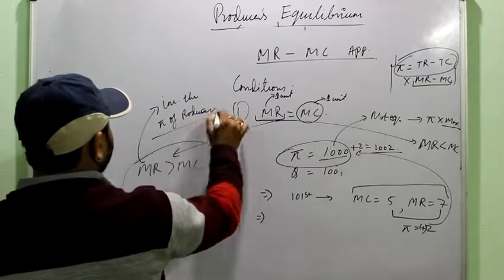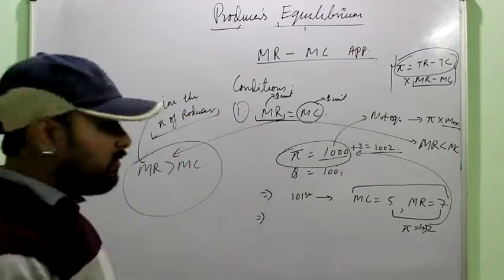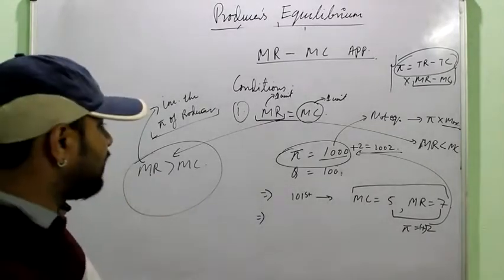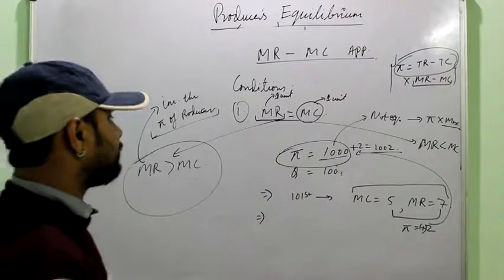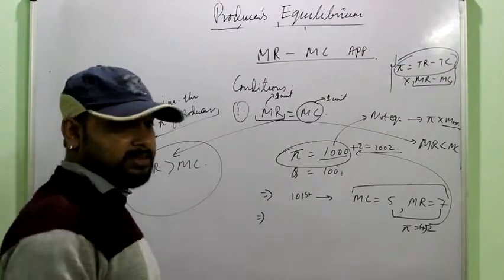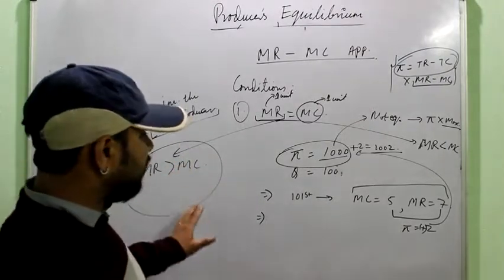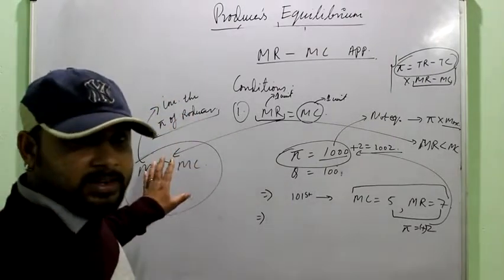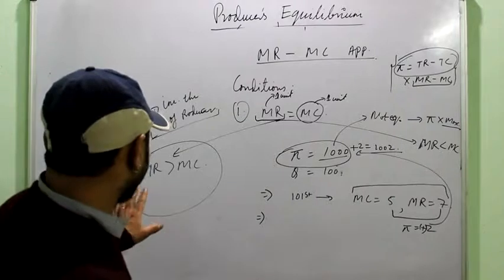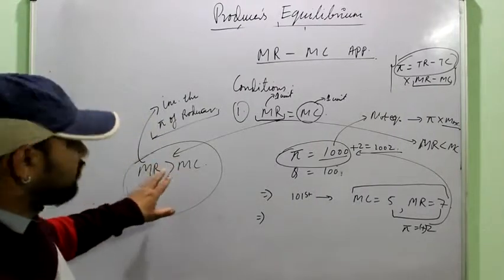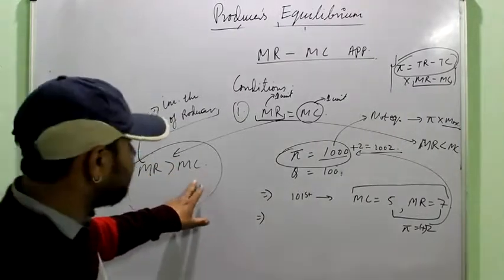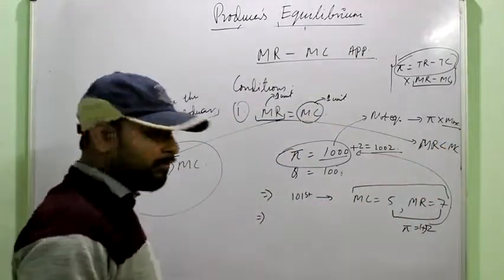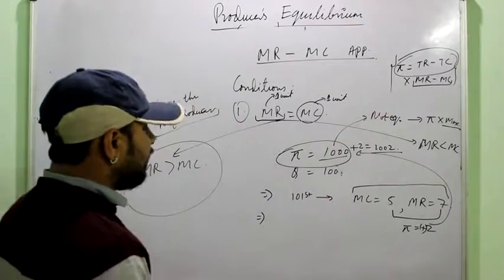So stopping at any of these units will not let the producer reach his equilibrium, means he will not be able to earn the maximum profit which he could have earned. So when you are asked to explain this, these are the keywords you have to mention: that for all these units the total profit can be increased because all such units are giving profit to the producer, and if he stops at any such unit, he is not maximizing his profit, so he cannot be in equilibrium. So this first condition is eliminated.